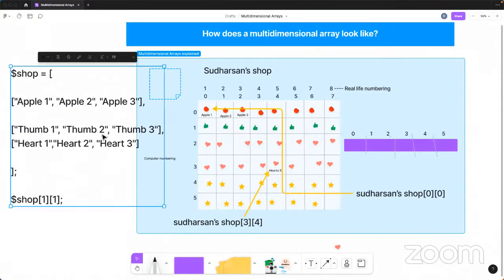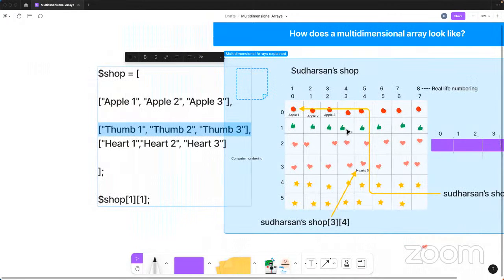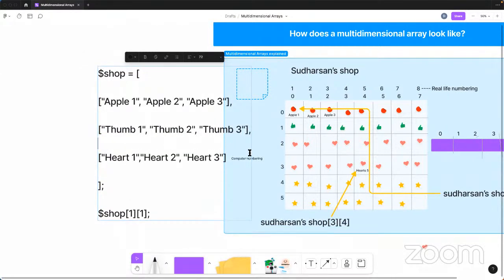So I wanted to tell you that this line here represents this whole line, or represents this line from 0 up to 2. Then the hearts, the line for hearts, this line here represents this row, which is number 2, up to 2 here. So if we go back to the code, I mean, if we go to what Sharon gave us as the answer,